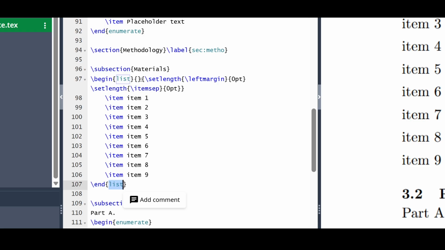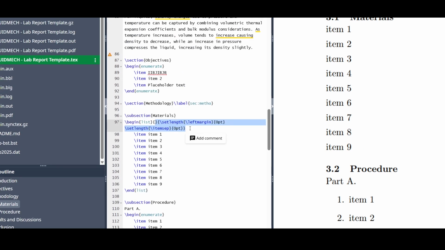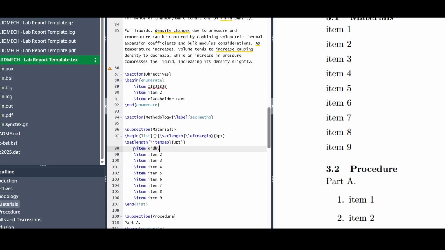Now it is already set so that it does not have any numbers on the side. So it's already set up. Do not change it. Just let it be, and just change the text beside the items, just like so,